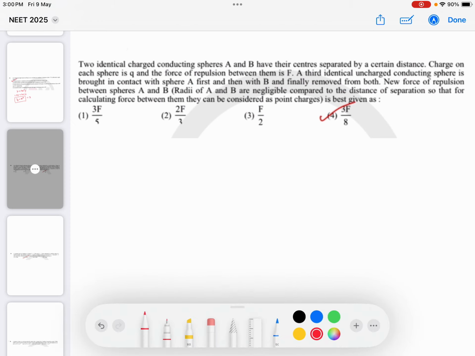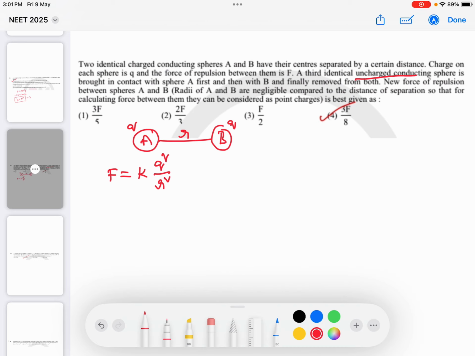Next one. Electric charges and fields, particularly this topic belongs to Coulomb's law. Here two spheres A and B, whose centers are separated by distance D, have identical charges small q. So the force can be written as F is equal to some constant K into Q square by R square. This is the first one. A third identical uncharged sphere, Q equal to 0, is brought in contact with A first